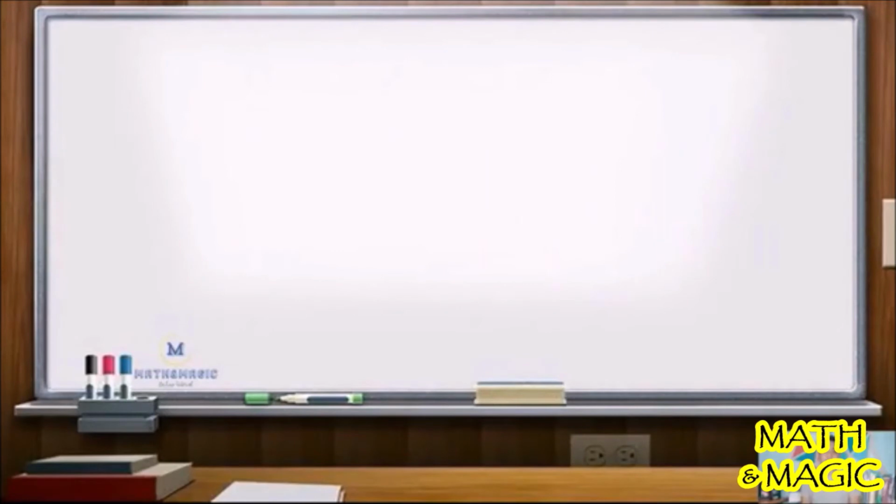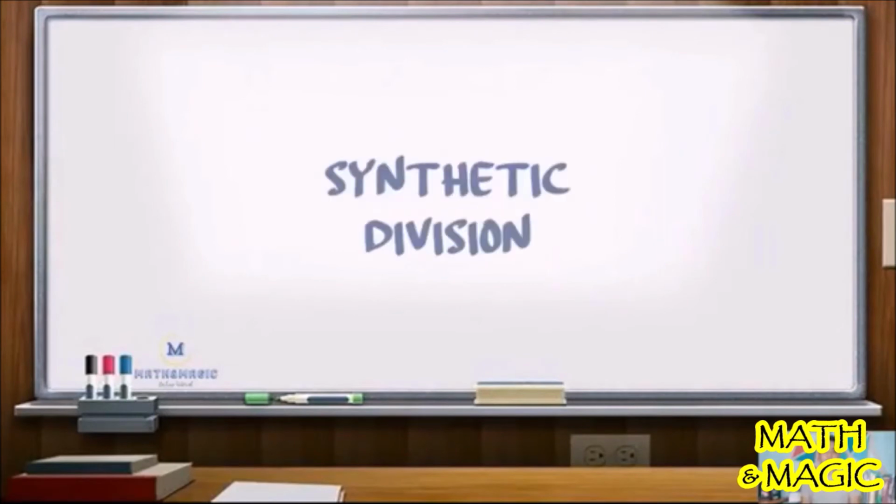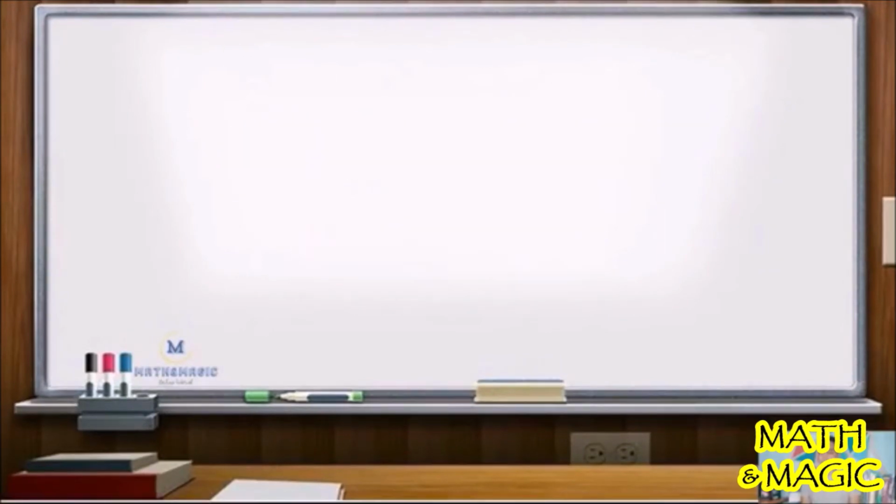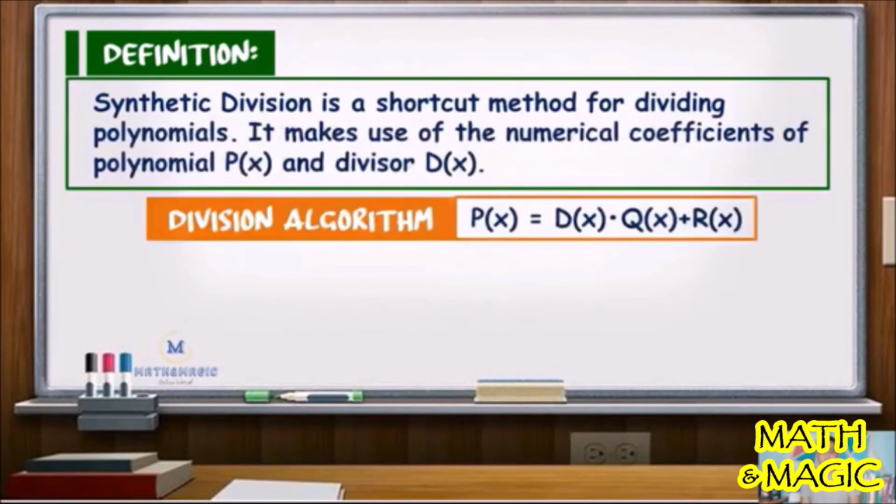The second tool to solve for the roots of a polynomial equation is by the use of synthetic division. Now, by definition, synthetic division is a shortcut method for dividing polynomials. It makes use of the numerical coefficients of polynomial p of x and the divisor d of x. So, by the division algorithm, p of x is equal to d of x times q of x plus r of